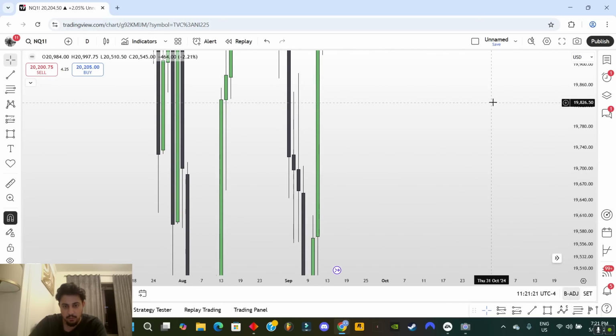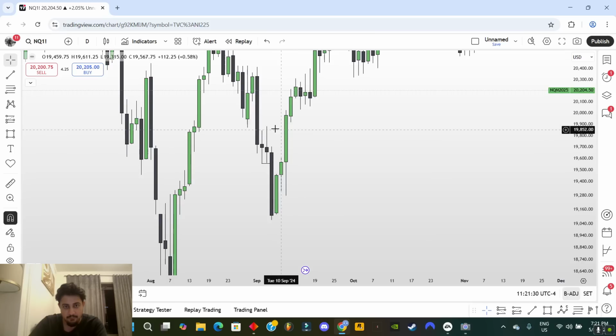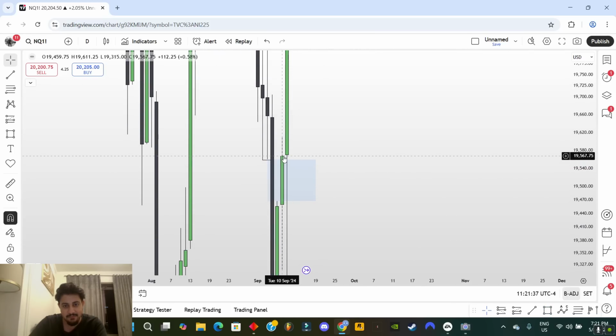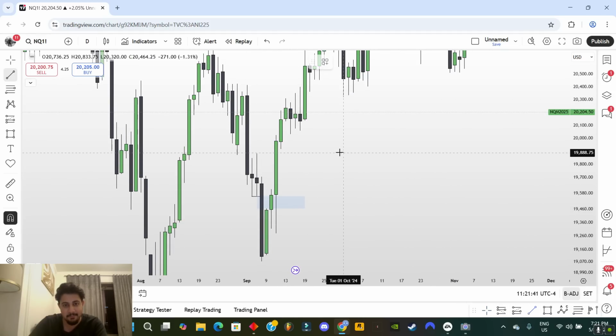So I think this is the low, right? Yeah, this is a low over here. Okay, that is a good setup. That is a good example. So we swept this low over here, and from this dealing range high to this dealing range low, what do we have, guys? We have a fair value gap, right? And price inverses it, and then on the next day we had a retest, power of 3, simple as that,